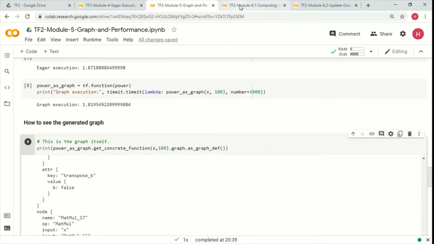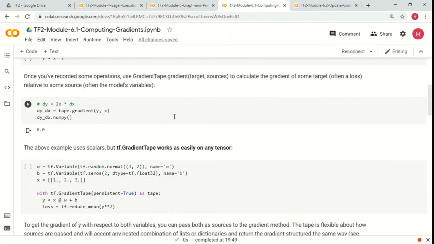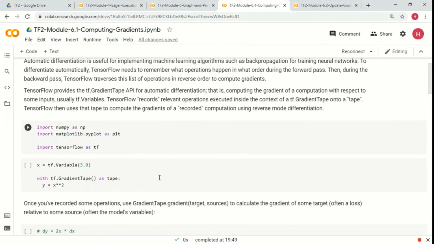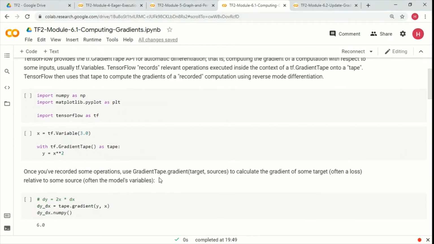Now the next topic that we are going to talk about is automatic differentiation. Automatic differentiation, we had seen, is implemented using the gradient tape. So let's try a few examples around that.